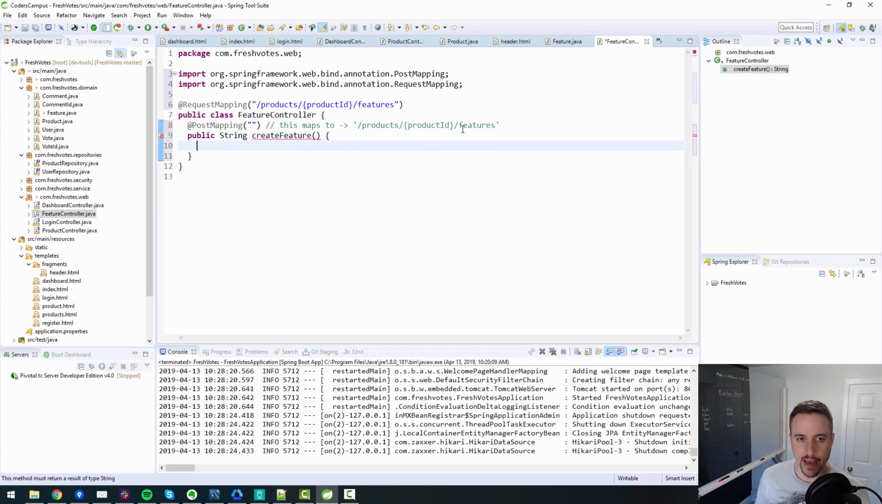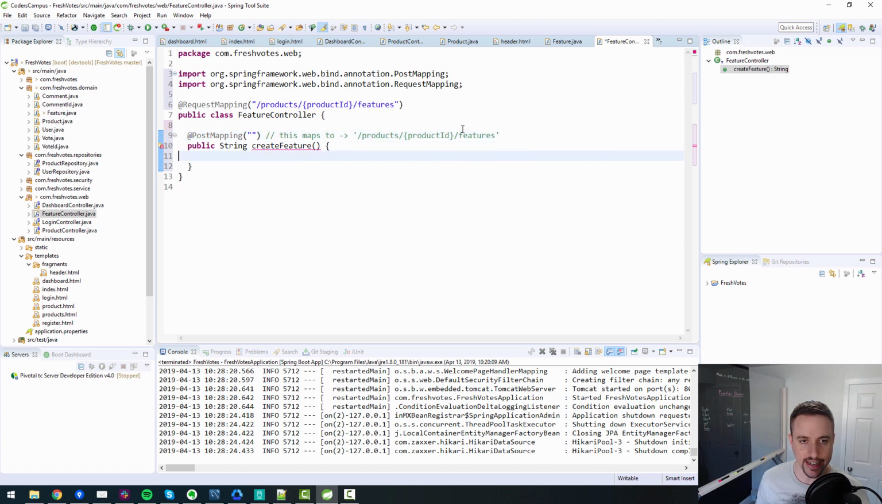And we'll see if I need to pass anything into this as a parameter. I don't know yet, so we'll see. And then this needs to essentially return a view, right? The view that we're returning here, since I'm saying return a string,